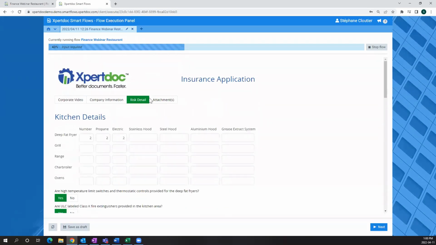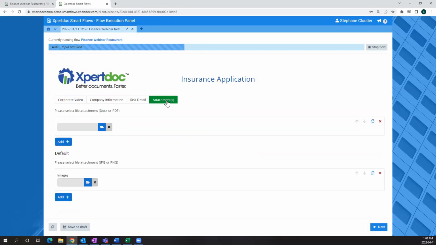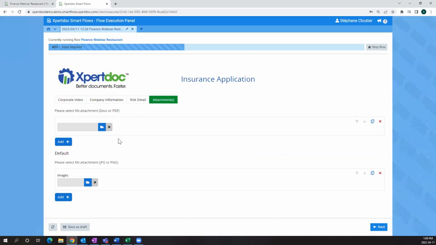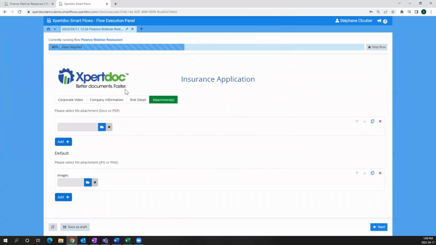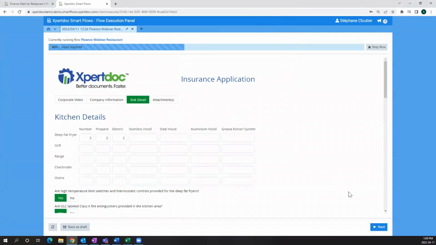But before that, I'm going to show you one last thing in our last tab. The form will also allow you to attach local documents into the form, such as docx or PDF documents or images, and these would become part of the generated document at the end if we attach documents. But just by clicking here, it will ask you to put in PDFs or docx into your document. So once you're done, we're going to click on next.